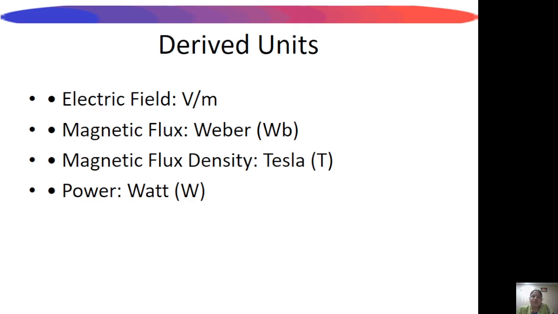Correct usage of derived units is essential in problem solving. Misinterpretation of units can lead to wrong results. Therefore, engineers must be familiar with all EMF related units. These units are commonly used in both theory and applications. Next, we see about the